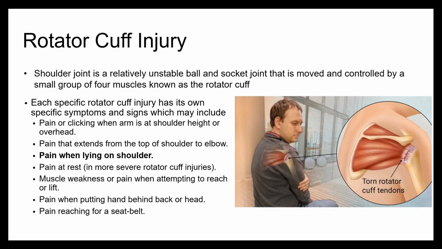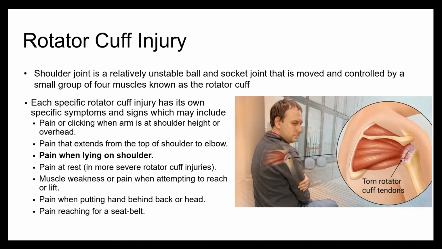Next, we're going to look at a couple of specific soft tissue injuries that can be fairly common. The first one is going to be a rotator cuff injury. The rotator cuff is a group of muscles that are located within the shoulder joint. It's a group of 4 different muscles, and each of those specific muscles, when it's injured, has its own set